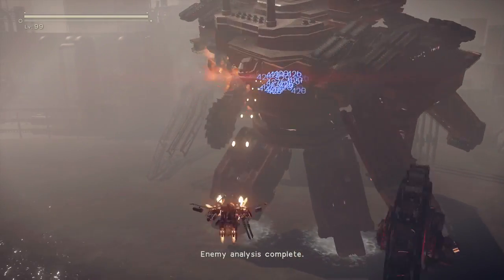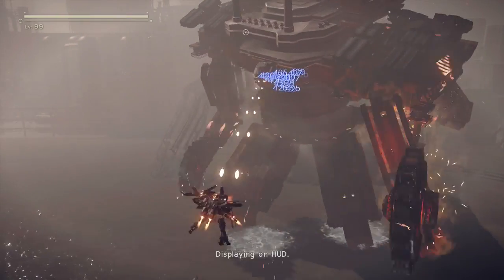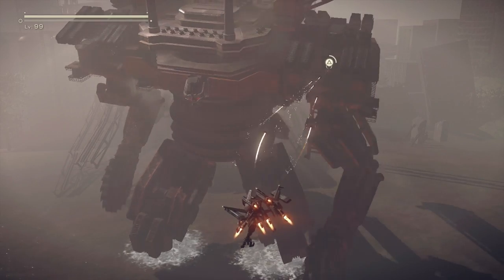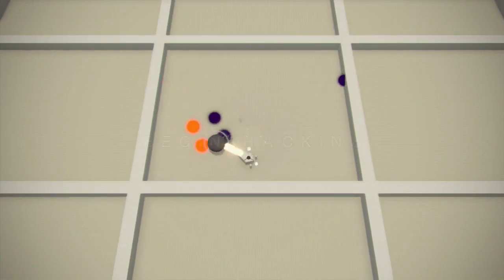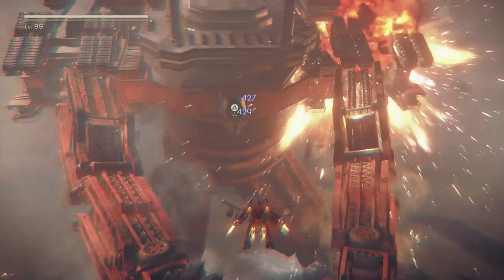Enemy analysis complete. Software vulnerabilities and penetration paths detected. Displaying on HUD. By the looks of it, you can just skip straight to the point where you can get the next ending in the prologue. Well, this is basically chapter 1 according to the chapter select, so...